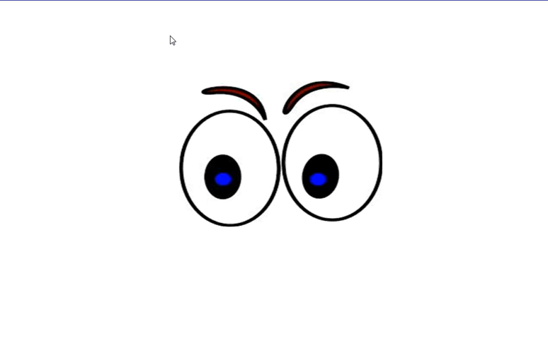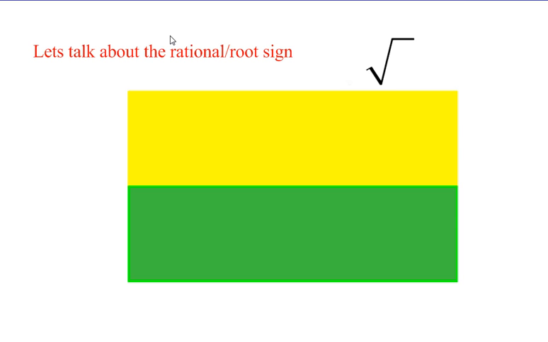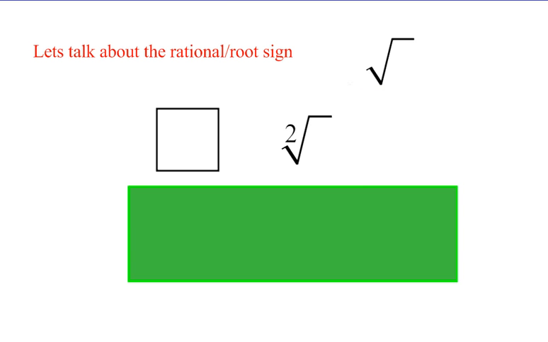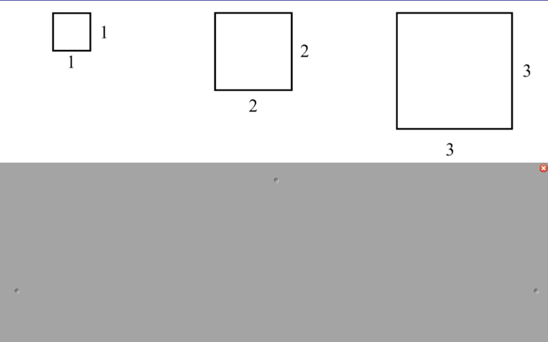Now what I want you to do is watch something, and think about what we did the other day when we talked about perfect squares. We were talking about the rational and the root sign. And in our discussion of perfect squares, we were saying that it takes a certain number to make a perfect square. For example, we used Cheez-Its. So when we did one Cheez-It, it measured 1 by 1. When we built a 2 by 2,